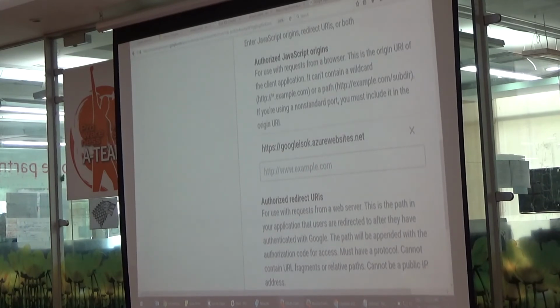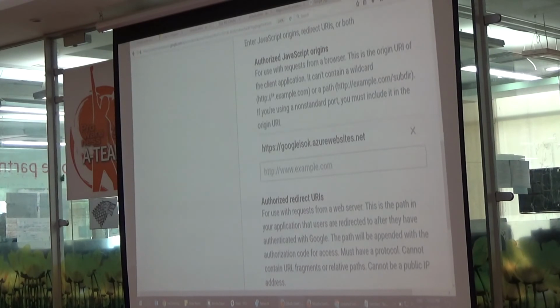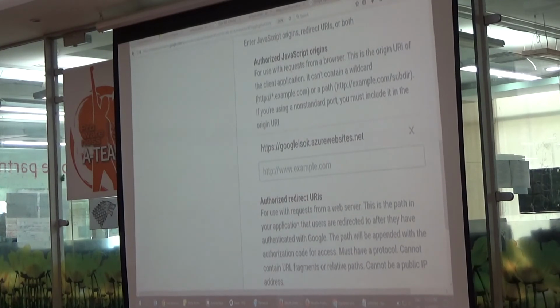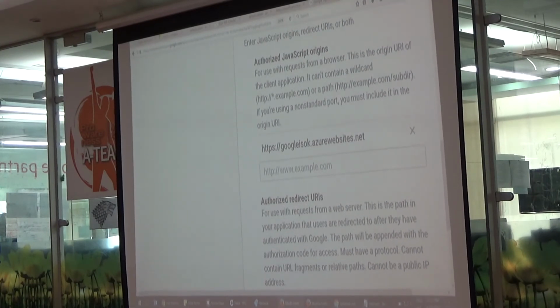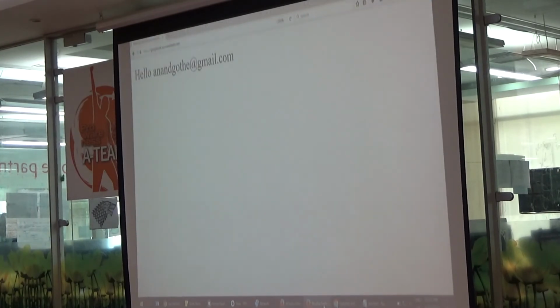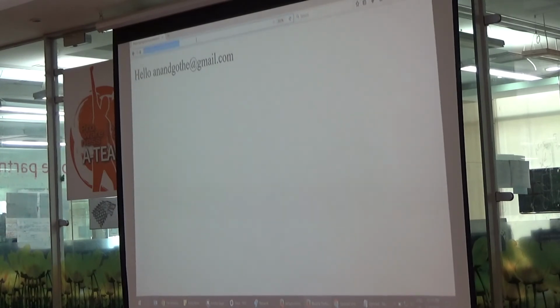By default, when you create Azure websites, you are under something.azurewebsites.net, and that HTTPS certificate is already installed for you when your website is created. So all Azure websites, the default URLs are all already HTTPS. So you don't have to do anything additional for that. If you see here, we are already in HTTPS. If you register your own URL like anand.com, then I need to buy an HTTPS certificate. These days you don't even need to buy it, you can get it for free. I don't know if you guys know about this. Do you guys know about this?